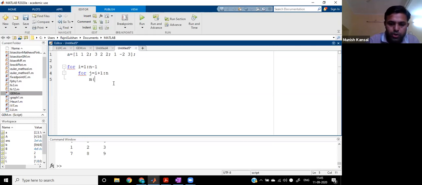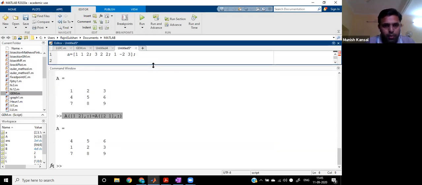Now we have just written MJI. This is my multiplier. M21, M31, M32. So this is nothing but AJI divided by AII. This is the multiplier, right? Now, once you have written the multiplier, you can see here I have shown you some commands which